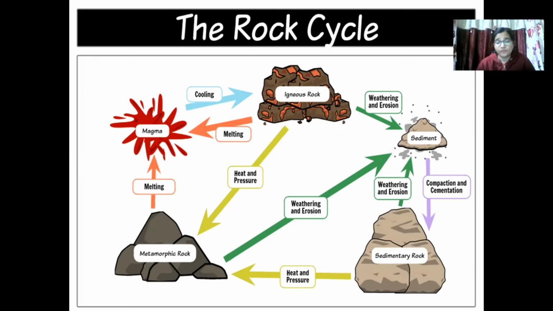So you can see from both the igneous and the sedimentary rocks, one yellow color is going, indicating the fact that there can be an instance that both the igneous and sedimentary rocks can get trapped under the process of plate tectonism. Owing to heat and pressure, there will be an altering of the rock, and it will ultimately give rise to metamorphic rock. Right? So from igneous rock, I'm getting sedimentary rock, right? And both from igneous and from the sedimentary rock, I'm getting the metamorphic rock.